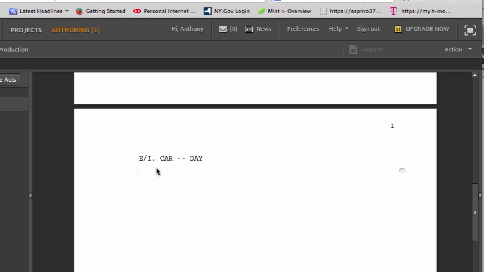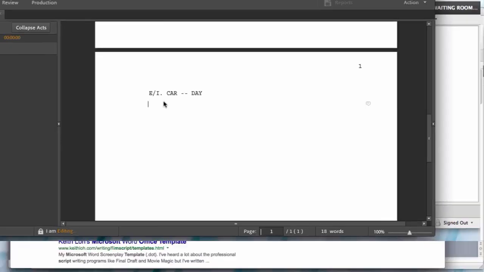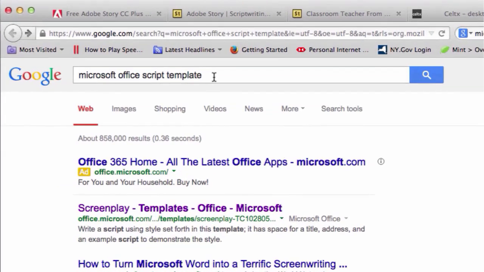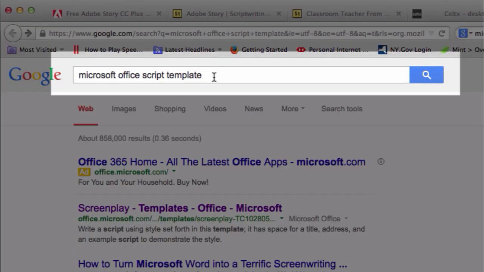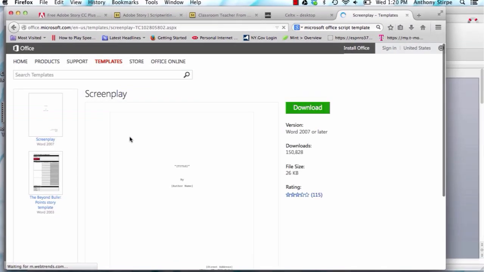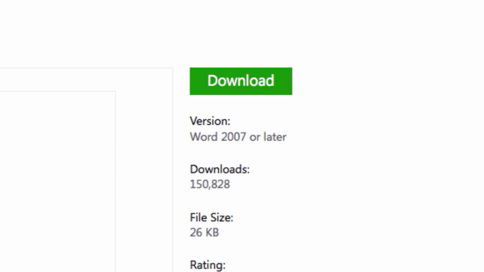And when I print my script, it will be formatted correctly for me to send off to my big Hollywood producer. Another great option would be to search out Microsoft Office script and screenplay templates online. Once you find them, you can go to the Microsoft Office webpage and download them many times for free.